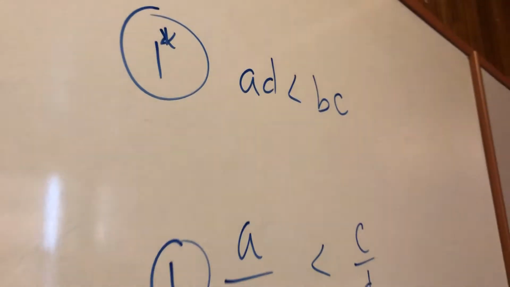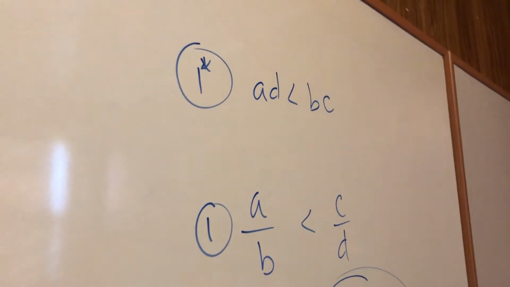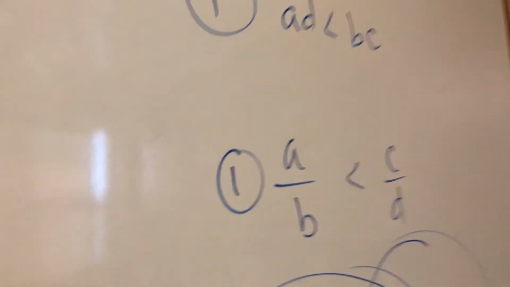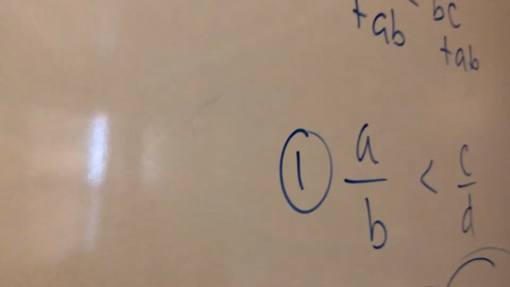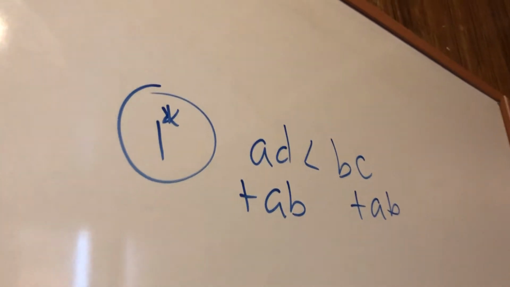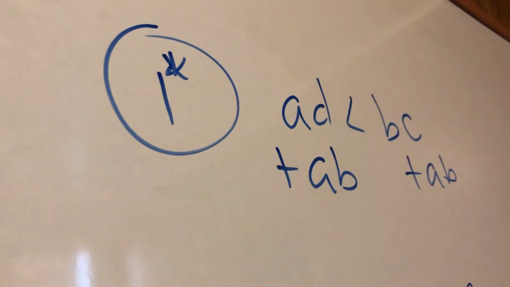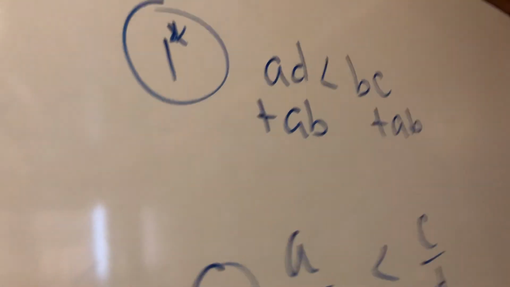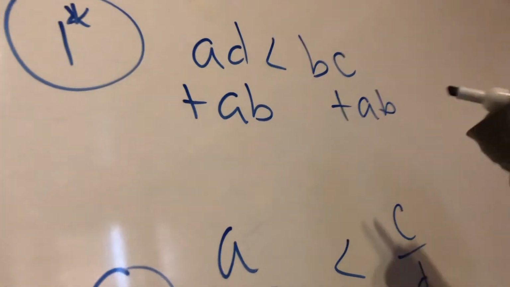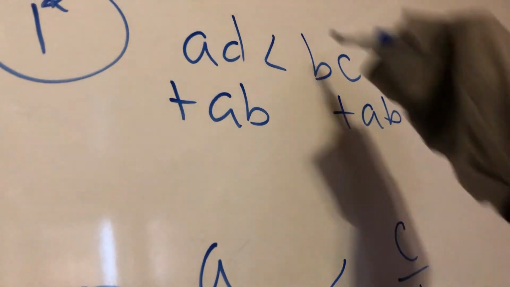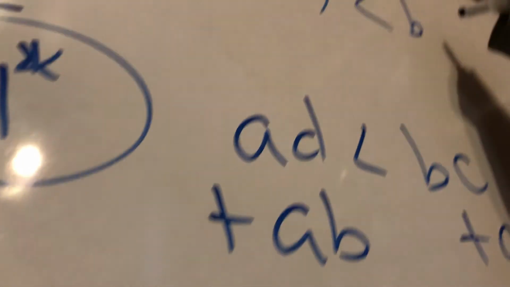Okay, cool. AD is less than BC. We get from 1, which we now want 1 star. Notice that if I choose to add AB to both sides of this, then on the left side I would have AD plus AB, and I can factor out an A and write that that's the same as A times (B plus D). I would have that that's less than, on the right side, the B is repeated, so we can factor out a B and write